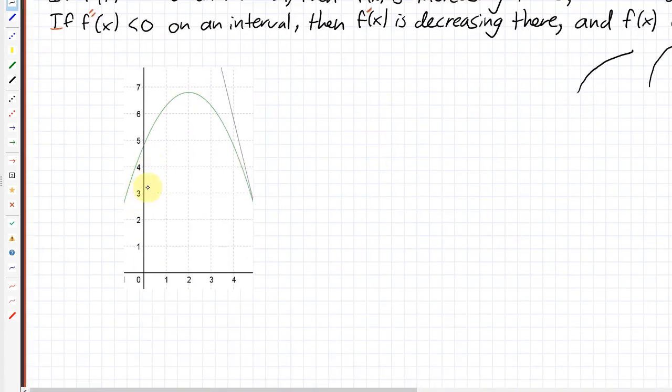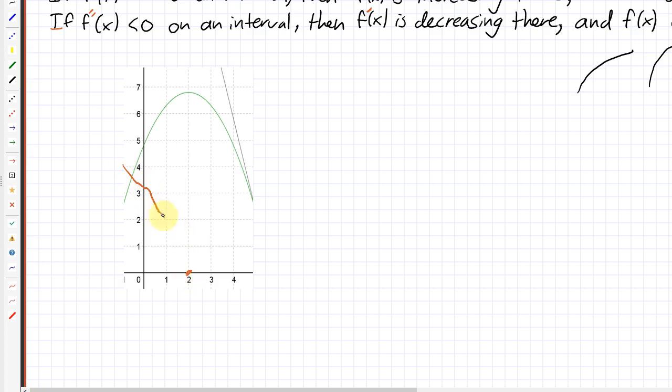Well, let's see. We have a big positive slope over here, so we said the derivative was about 3 over here, and then the slope became less and less